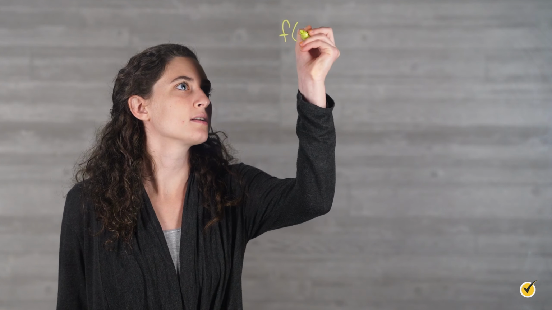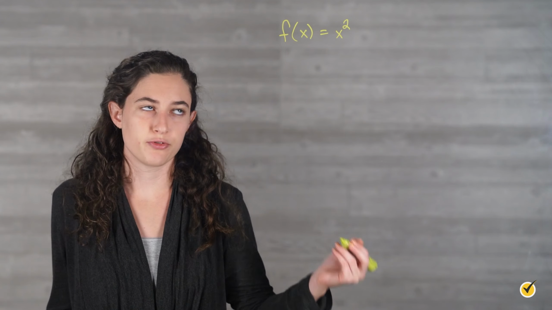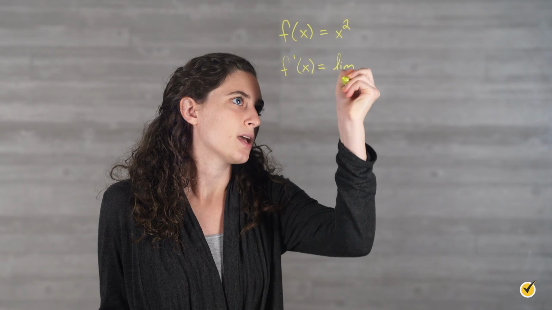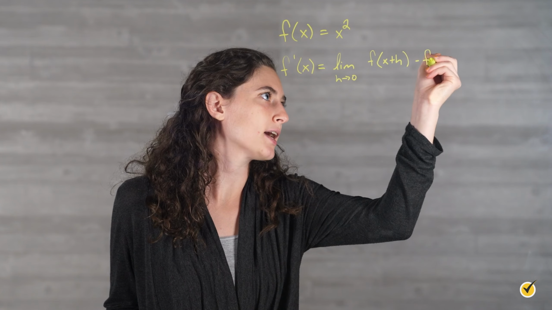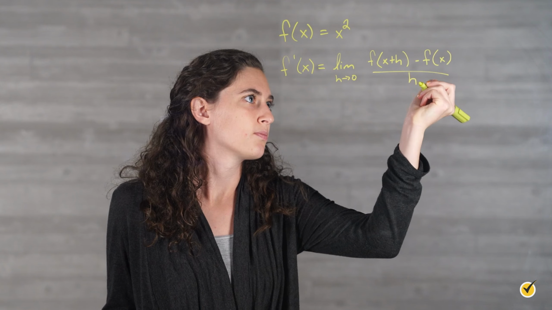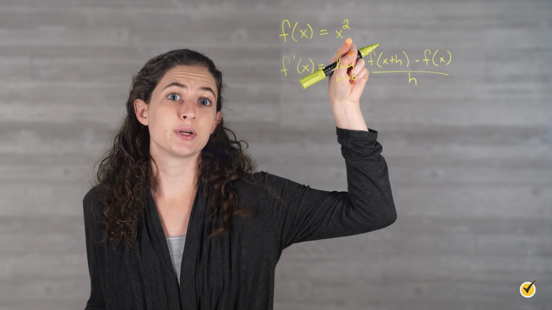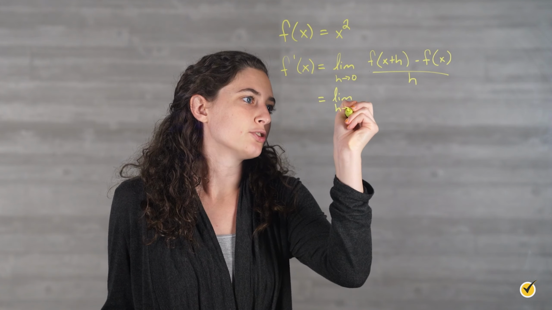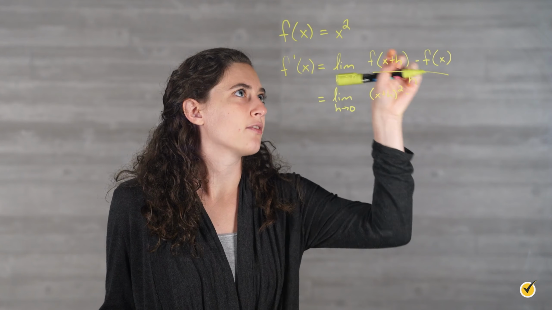Find the function f prime, which describes the slope of the function f of x equals x squared. We're going to start by writing out our derivative formula. So our derivative formula is f prime of x is equal to the limit as h approaches 0 of f of x plus h minus f of x over h. So for f of x plus h, we're going to plug in x plus h anywhere we see an x in our original function. So this is going to be equal to the limit as h approaches 0 of x plus h squared minus f of x, which is x squared,